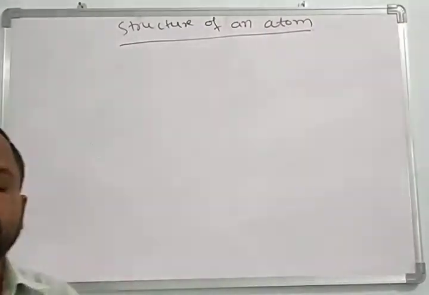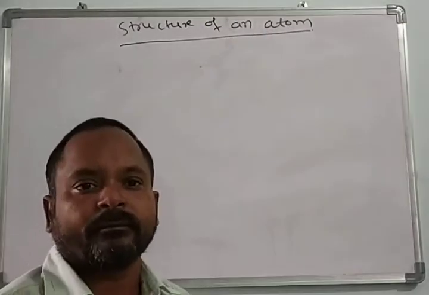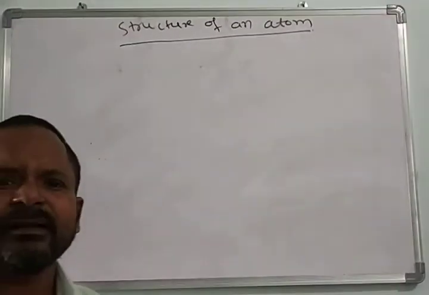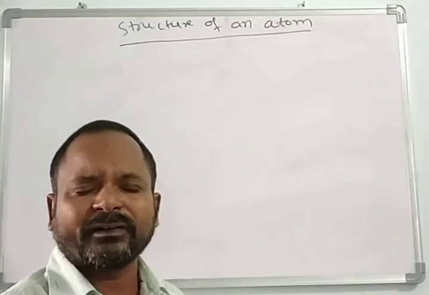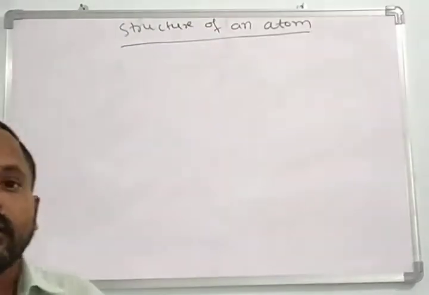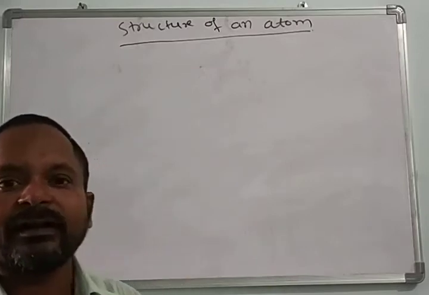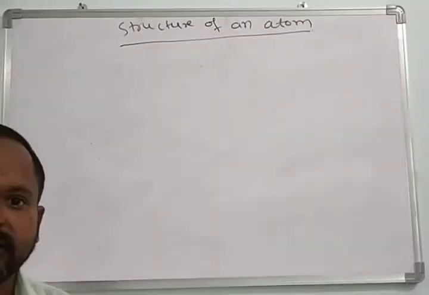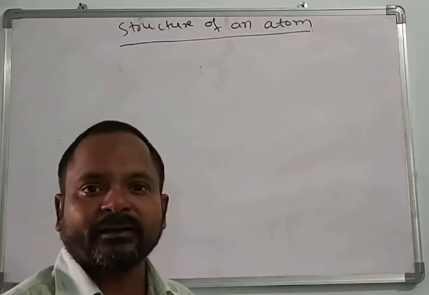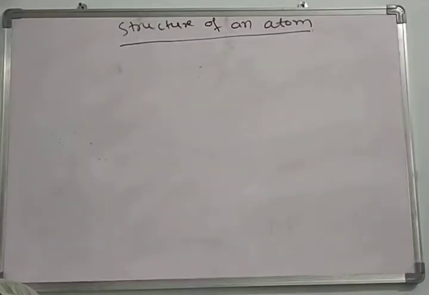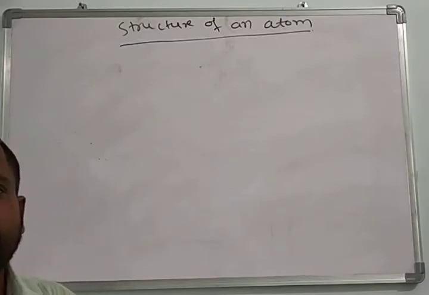An atom contains electrons, protons, neutrons. Most atoms contain electron, proton and neutron. Along with that, positrons and different particles are present. Those particles we call subatomic particles. The particles which make up the atom are considered subatomic particles. Electron, proton, neutron are the subatomic particles present in an atom.